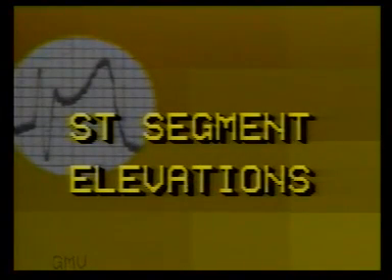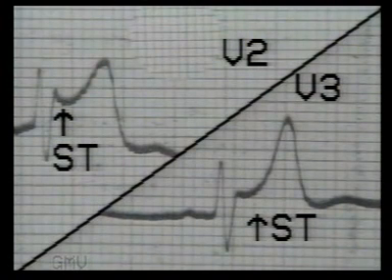ST segment elevations. ST segment elevation is the hallmark of acute phase of myocardial infarction. The changing pattern of T waves gives us two different pictures. This is ST segment elevation with tall upright T wave. So the ST segment is concave upwards. This is seen in the hyperacute phase of myocardial infarction for the first few hours.